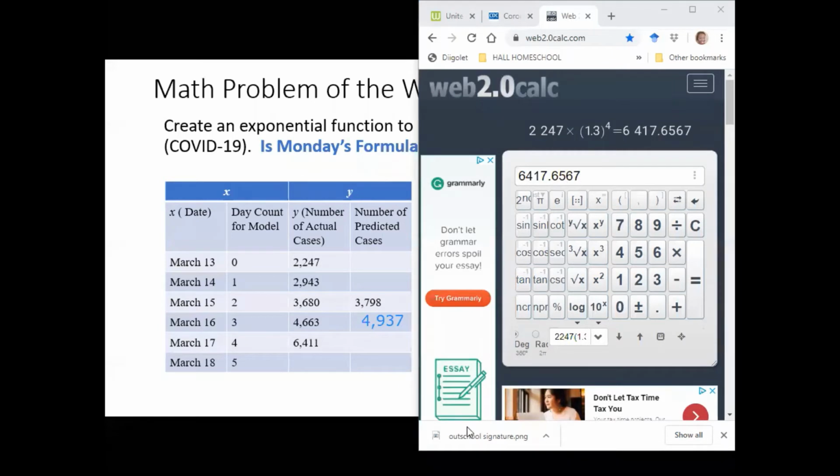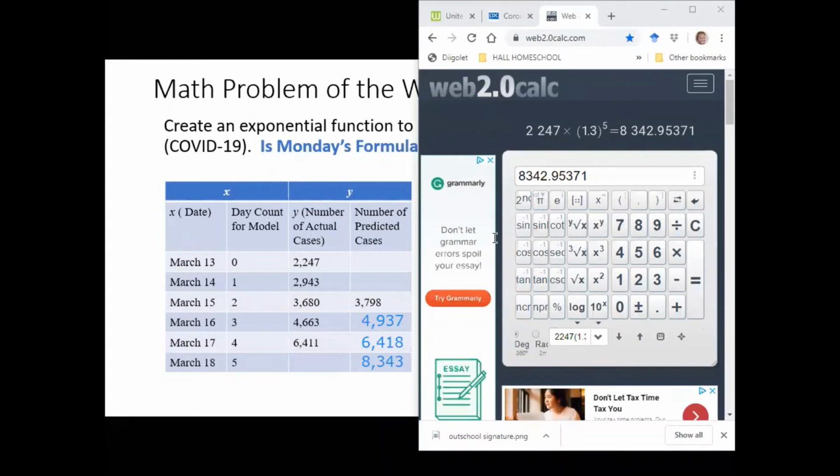And the prediction would be there would be 6,418 cases, because you can't have a 0.6 of a person. That's how many we predicted would be on day 4. And then again, go back to that same formula. Let's see how many we predicted would be on day 5 based on that formula. And it's the prediction that there would be 8,343 cases on March